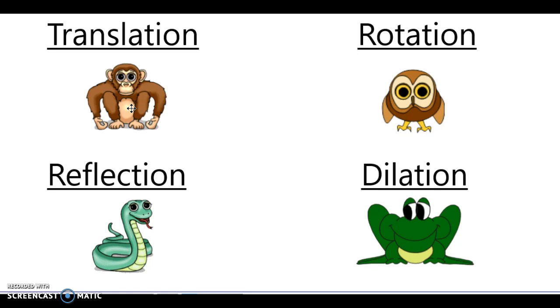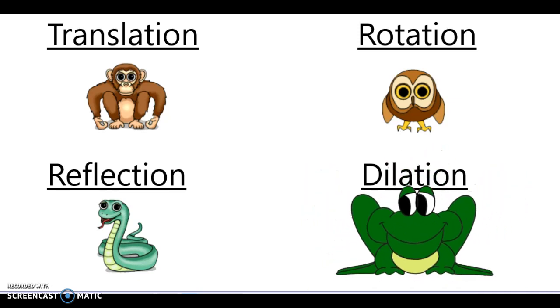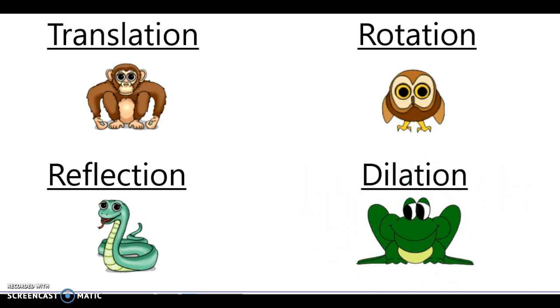And then we have a rotation, which you probably guessed is when a figure rotates about a point. And then there's the reflection, just like a selfie, which is that mirror image. And then this one we're not going to mention in this lesson, but the 4th type is called a dilation. These are kind of fun. Okay, so